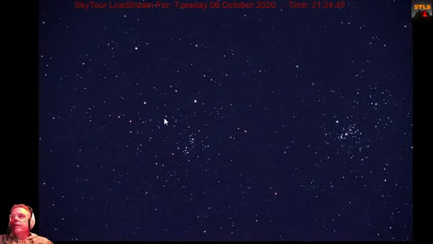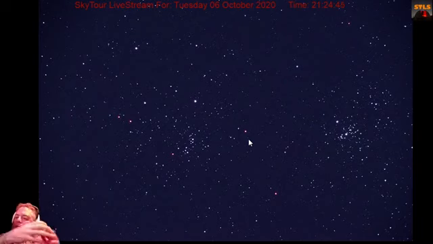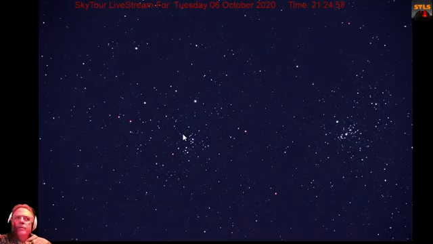I can't remember which. I think this cluster is closer to us than this cluster. They're approximately the same angular size to each other. So this one looks a little bigger, I think, because it's closer. I'm not sure which one. Daryl, I don't know if you know which one is closer. Not offhand, no. Okay. All right.